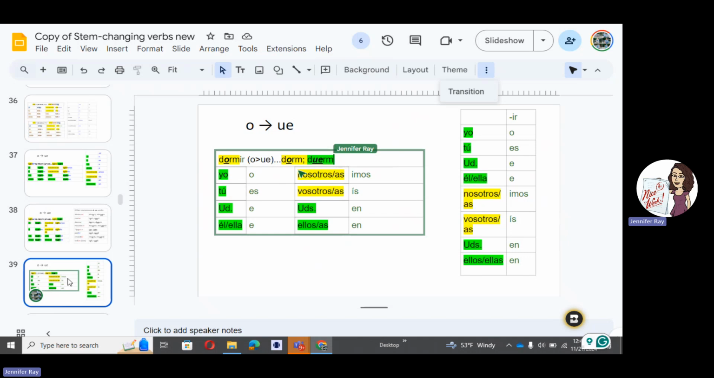If I want to say I sleep 6 hours a night, do I use my regular or my change stem? I sleep, regular or changed? Anybody? Thank you, Chris. If I want to say you sleep 8 hours a night, which is probably a lie,